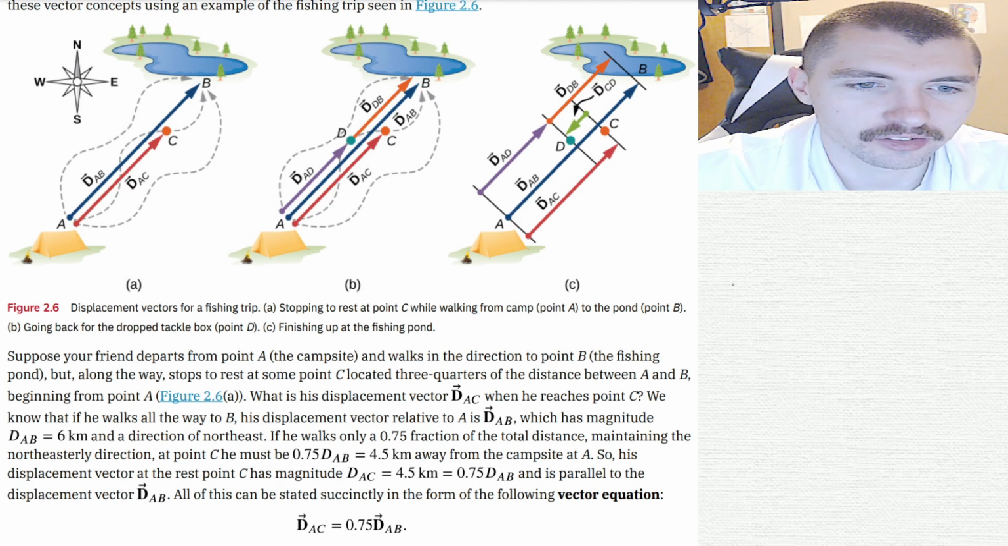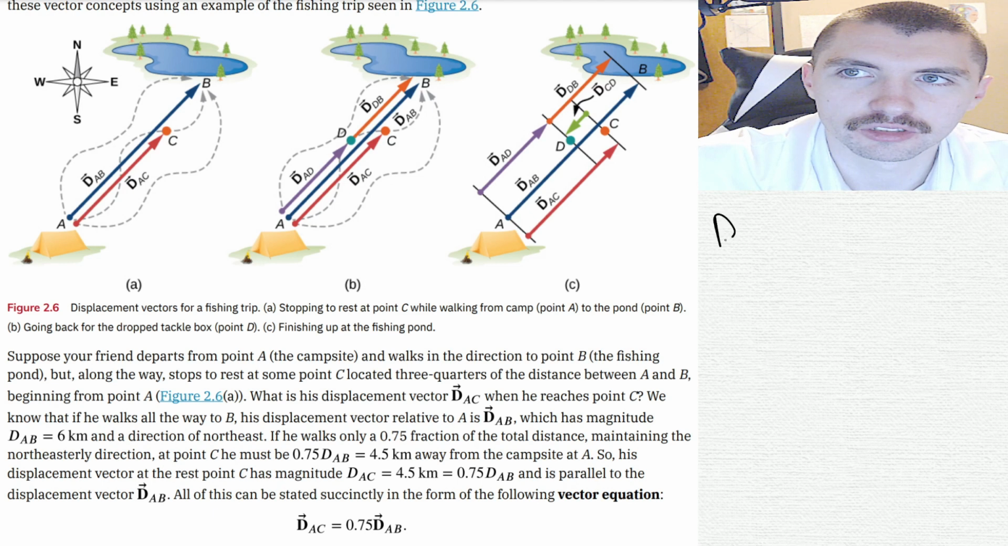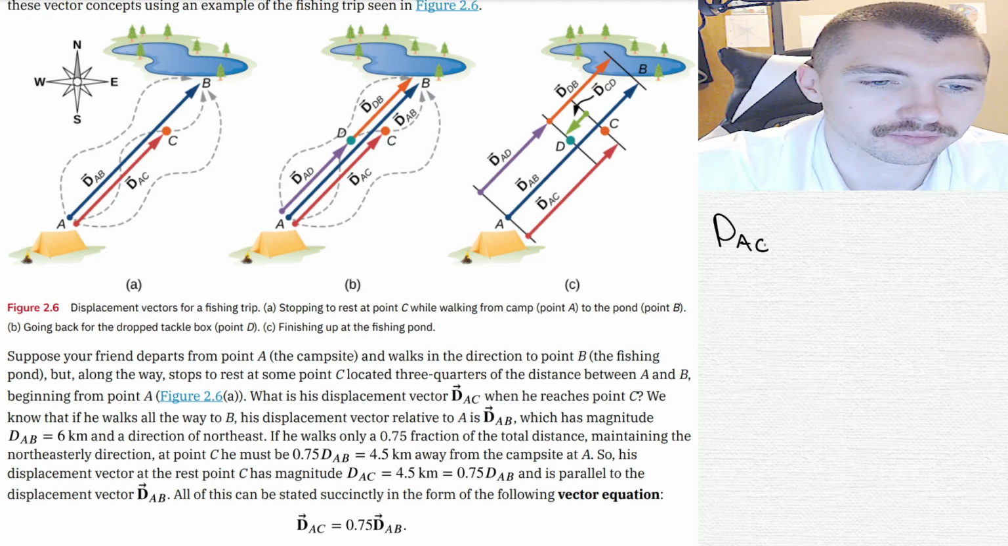So I think we're looking at example 1, which has a magnitude of 6 kilometers in a direction northeast. If he walks only 3/4 of the fraction, maintaining his direction, point C must be 3/4 or 4.5 kilometers. So displacement vector of AC is